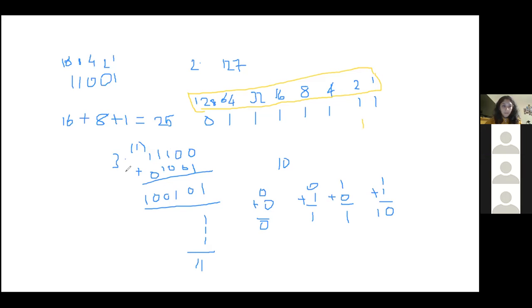Cool. So I didn't see any questions about this, so hopefully it's all good. I'll give you 2 seconds if you want to get a screenshot of this rather messy board. Someone says they've just joined. You have missed question 1, 2, and 3, which was just binary. This is all the stuff that we've done. So I'm going to take a quick look and see if you're happy with that.